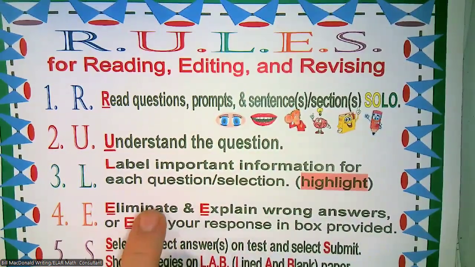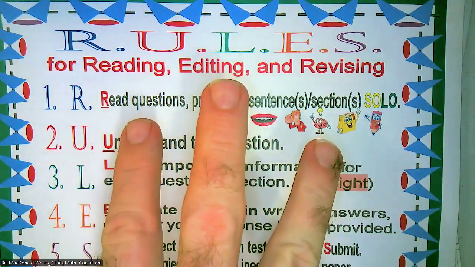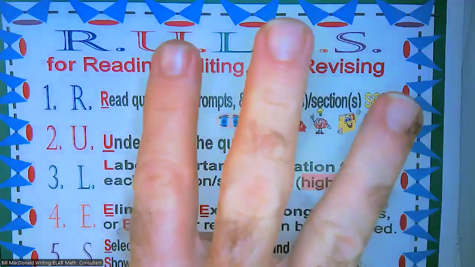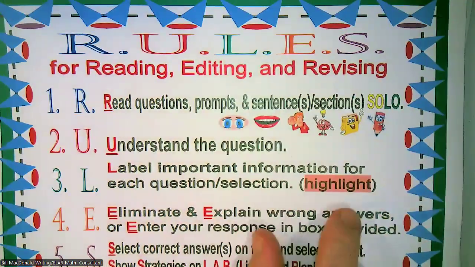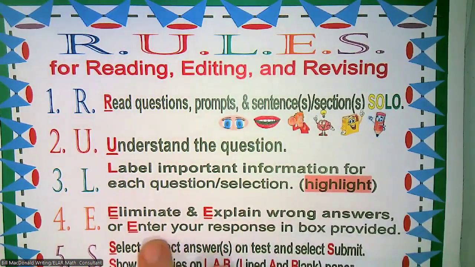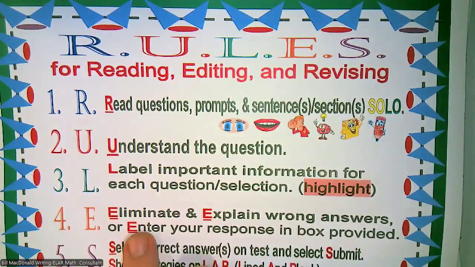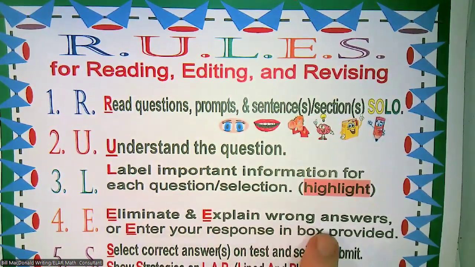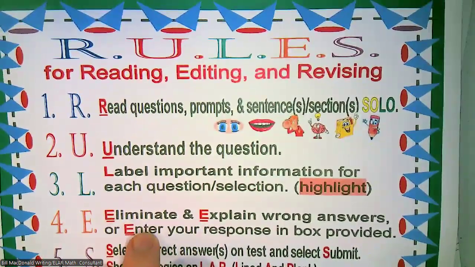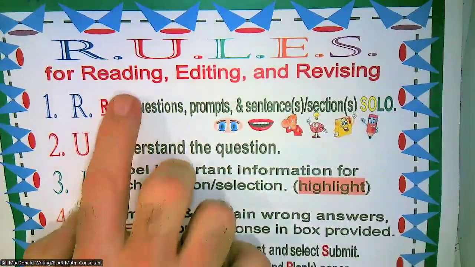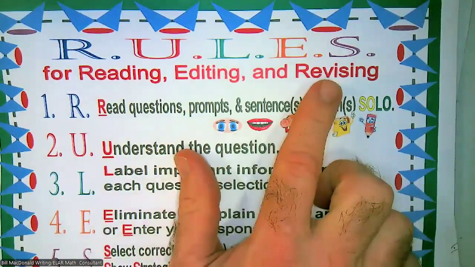Multiple choice: eliminate and explain. Normally there's going to be 3 that you eliminate. Eliminate and explain your wrong answers, or because now we have SCR and ECR, enter your response in the box provided. This could be a short constructed response reading where it's answer and evidence,